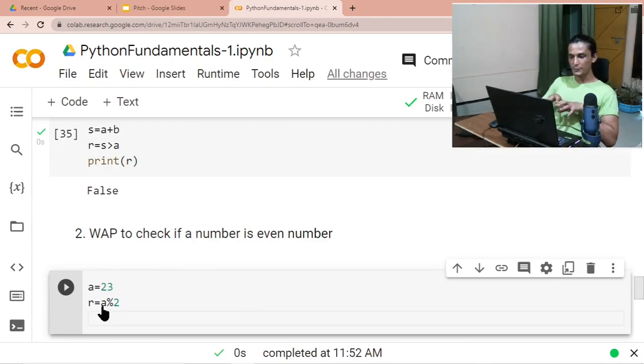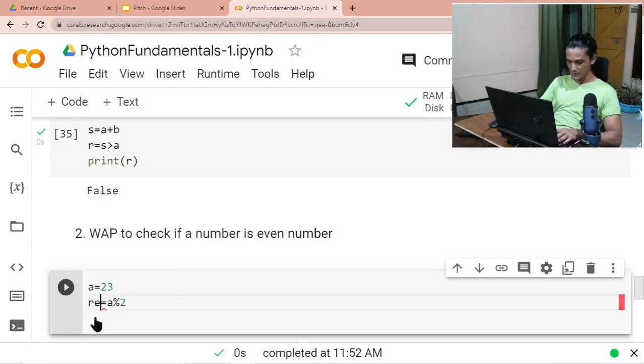Now we have to print: if it is even, we have to print true. If it is odd, we have to print false. And how do we do that? We know the result, this is the remainder, but we have to convert it to true or false, right? So how do you do it? This r is not actually the result, say it is the intermediate result, the remainder. And then what we do is the actual result is